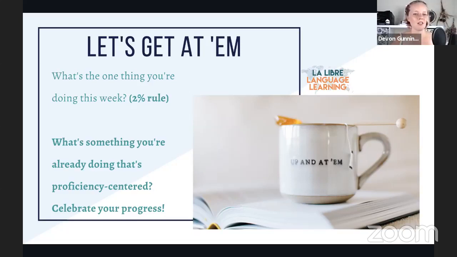And I want you to base this on the idea of the 2% rule. The 2% rule is the idea that so often when we're trying to create a new habit or move towards a new direction, something like proficiency-oriented instruction, we focus on big leaps, huge goals. But what actually happens is that that leads to a lot of big hills and then huge slopes. When you make this big energetic leap forward,